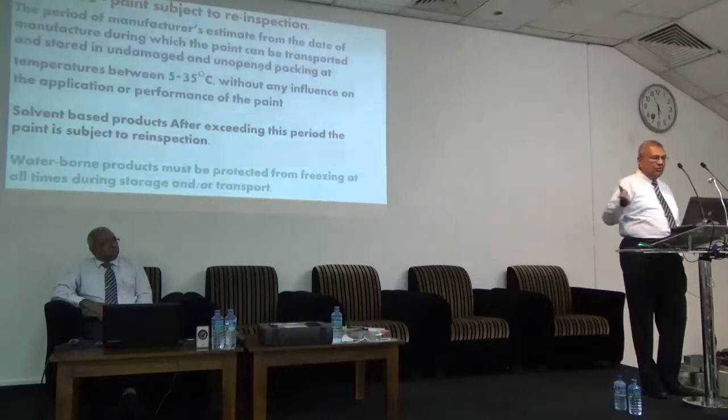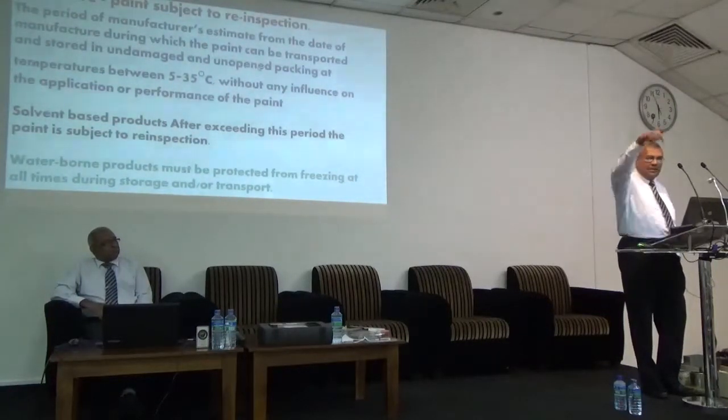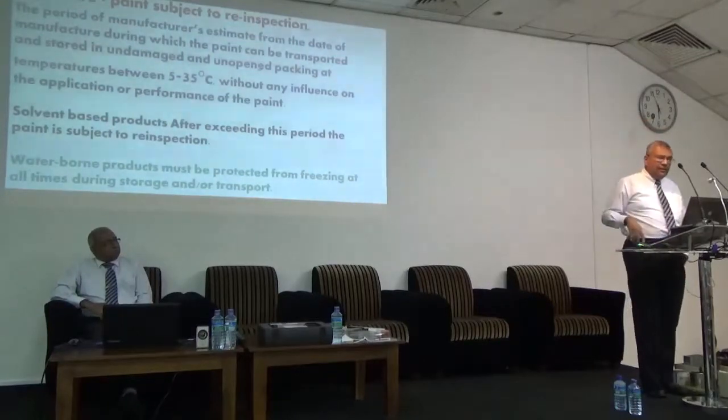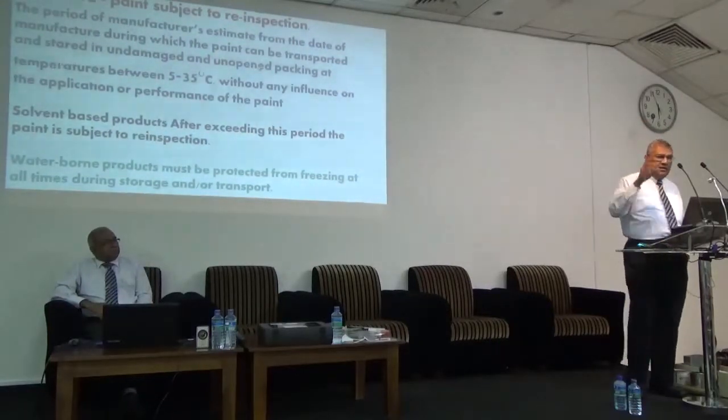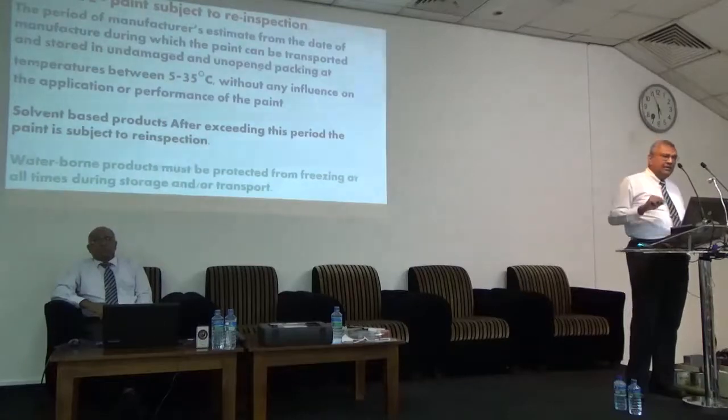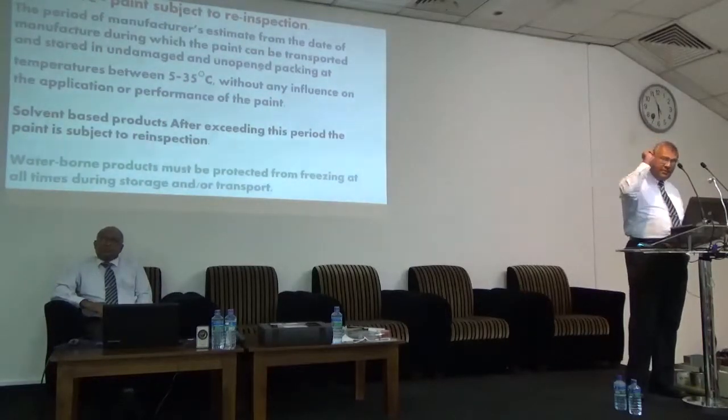especially if you have something in your stores for more than 2 years. What you do is you call us and we come and test it, and say okay, we extend it. As the manufacturer, we can extend it also. We can do some stirring and check. When the paint is manufactured, a sample is kept in the lab. We give the batch number to the lab, and they say, okay, the sample is still okay. If the paint is kept as per the lab conditions, it's okay. That's how they tell us.